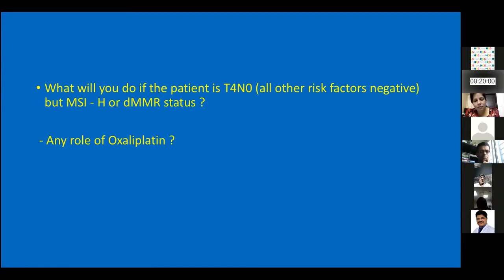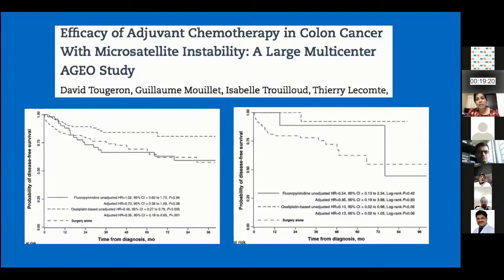Because the patient is T4N0 and is MSI high, I would definitely consider a combination of capecitabine and oxaliplatin in this patient, because those patients who are MSI high may not have a high benefit with capecitabine. So, I would be adding oxaliplatin to these patients for T4N0. As he rightly mentioned, for T3N0, we can still go ahead with capecitabine alone if the patient is proficient MMR or MSI low, but there is a role of oxaliplatin in